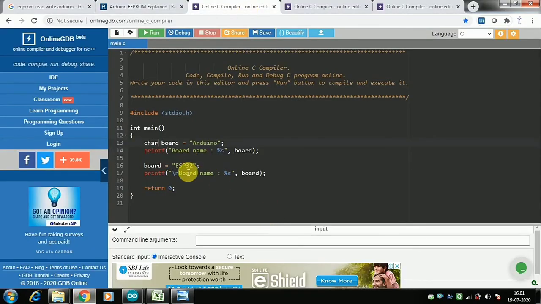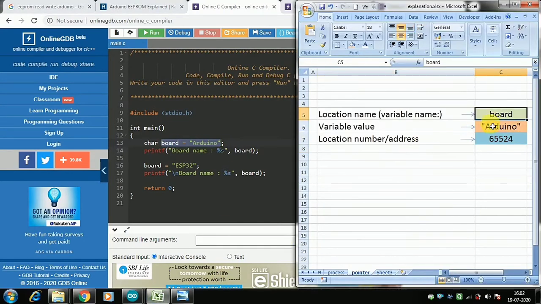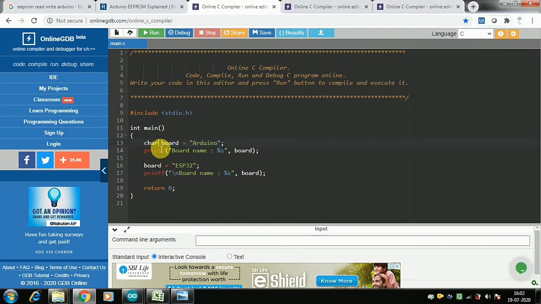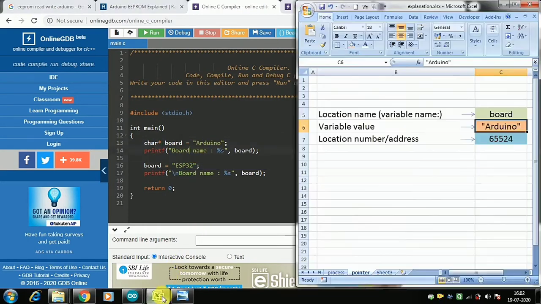Here you can see I have defined board is equal to Arduino. And in the same place, if I just put a pointer symbol, this star is a pointer, then I am actually not defining board is equal to Arduino. I am telling that the Arduino is written at this address, this location number.